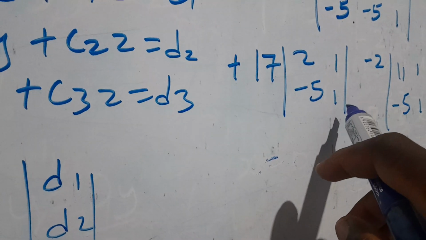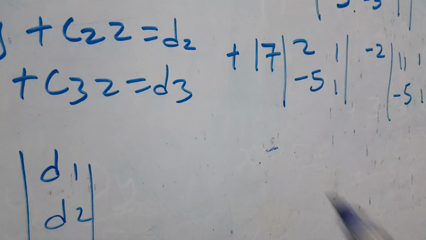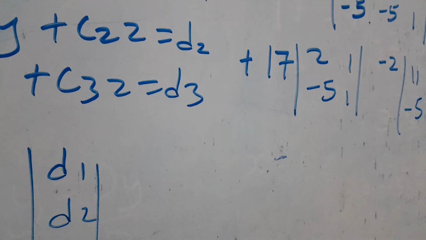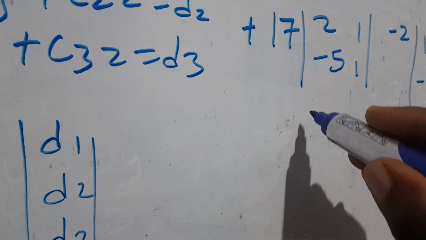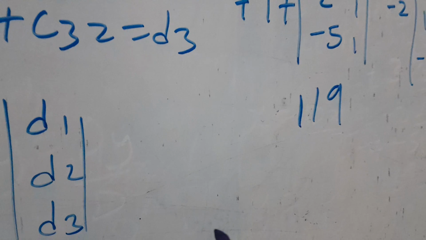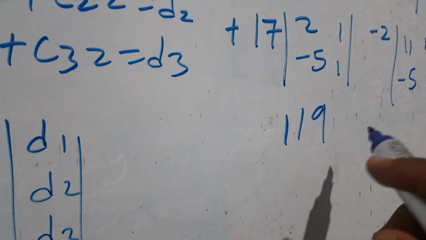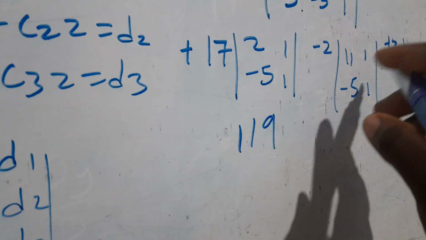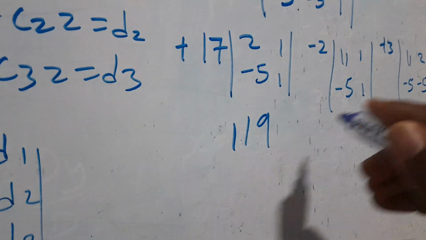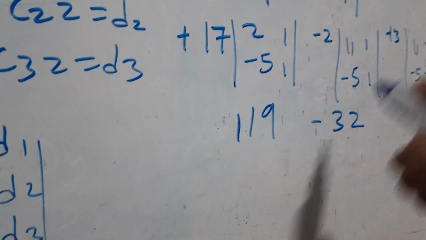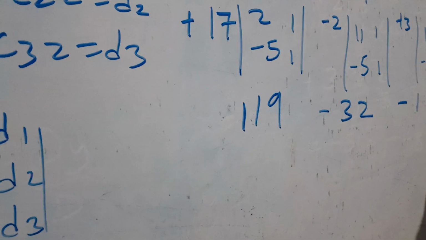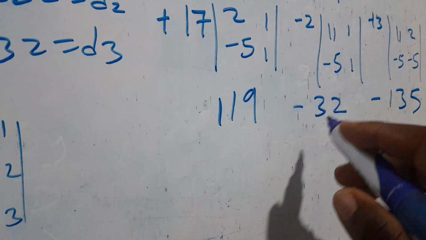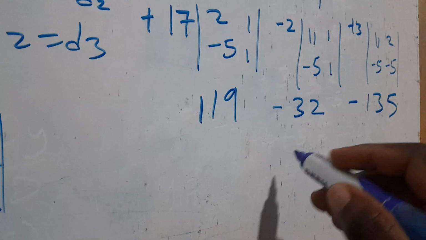17. 2 times 1 minus 5 times 17. You find out your answer to be 119. If you work out this one, you find your answer to be 11. If you have the main diagonal 11 minus 5 and then times -2, you will have -32. If you work out this one, you will have -135. If you solve this, 119 minus 32 minus 135, you find your answer to be